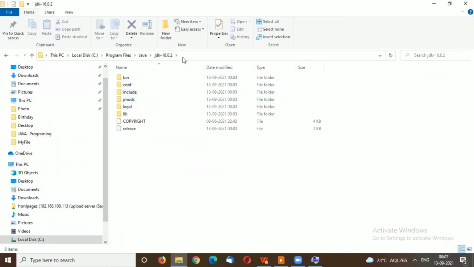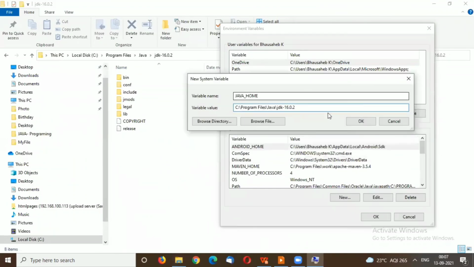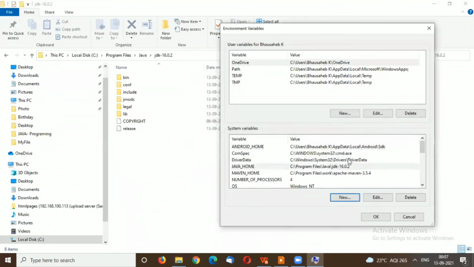Click on this folder and copy the location path of Java 16. This is the home path of Java 16 where we have JDK installed. Paste it here and click OK, and your Java home environmental path is set in your system variable.